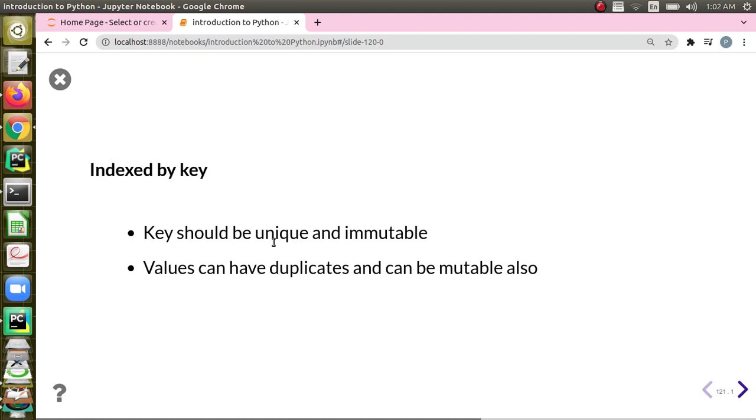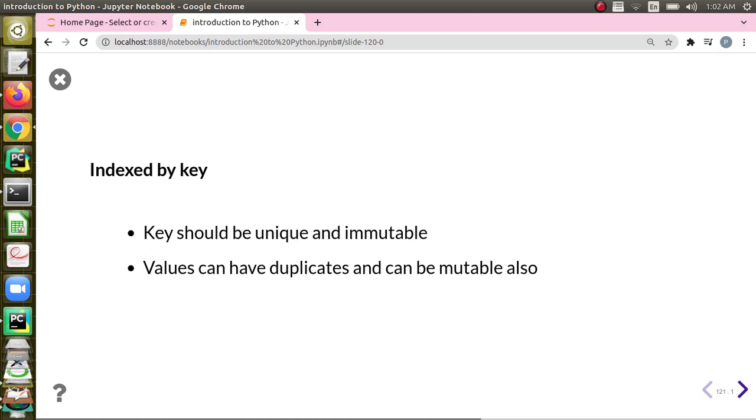And we refer to an element by the key. Key is unique and immutable. One more example: in a class, you will have students' registration numbers and their names. Registration number will be used for referring to the person because it will be unique, whereas for names there can be repetitions, isn't it? If you want to map registration number and name, then you have to go for a dictionary.